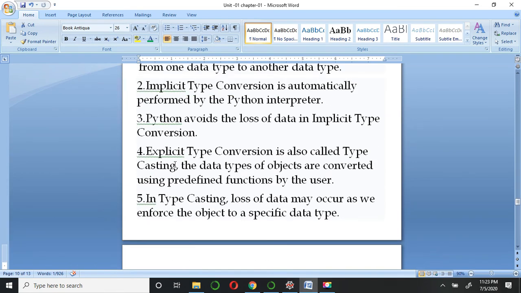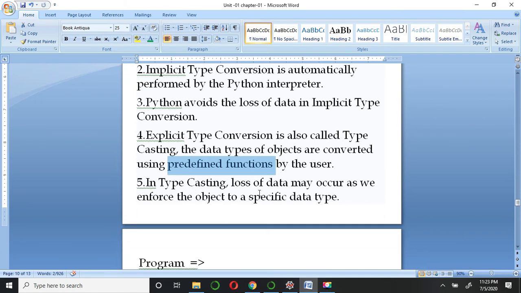So this thing is given here. Whether it is explicit or implicit, some predefined functions are given. But when a user is using some predefined function, this category is known as explicit.